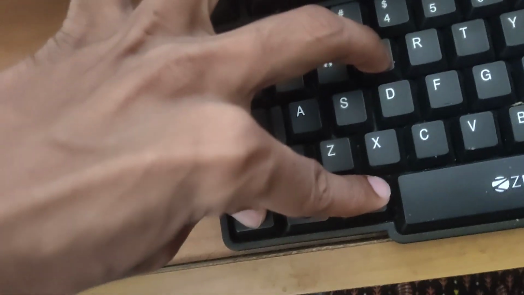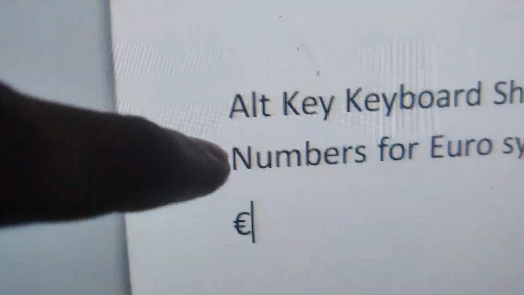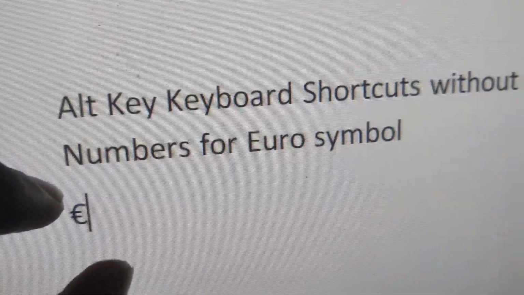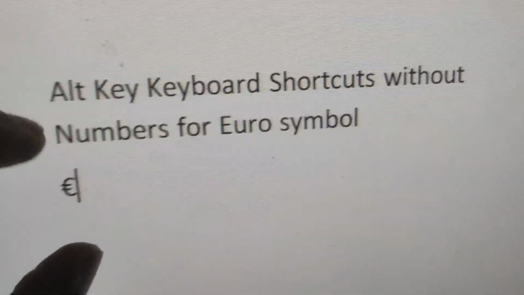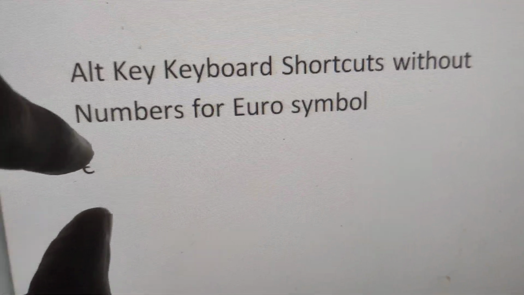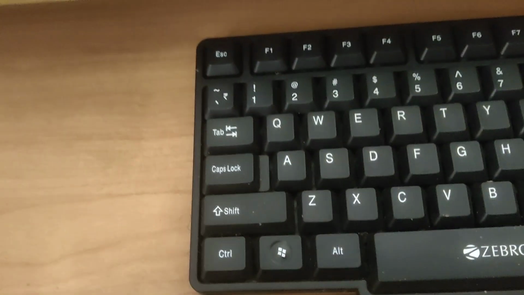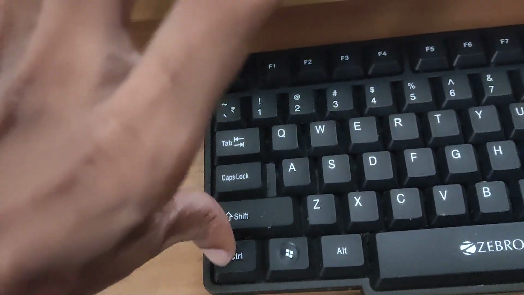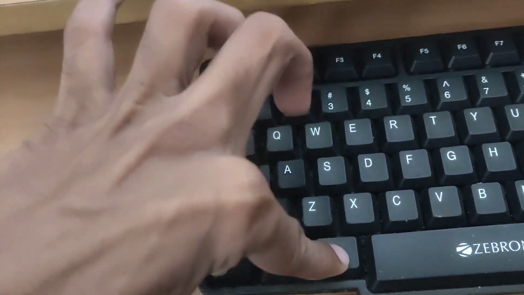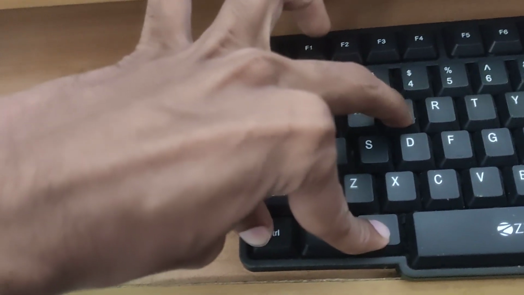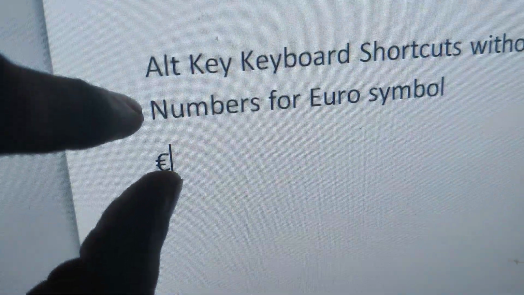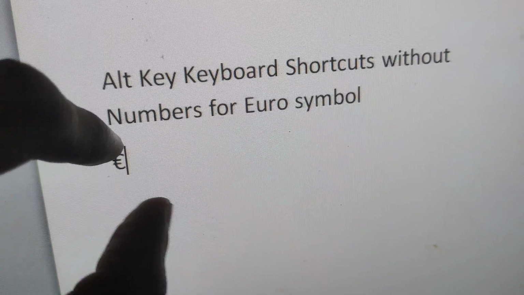on the E key. You must press these three keys at the same time. Then you can see that the euro symbol has arrived here. So this is the keyboard shortcut for the euro symbol. Okay, I'll show you once again. You must press the Control key, Alt key, and E key, these three keys at the same time for getting the euro symbol,